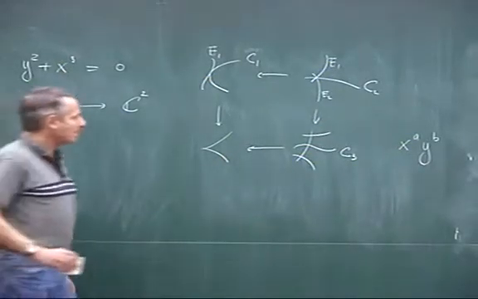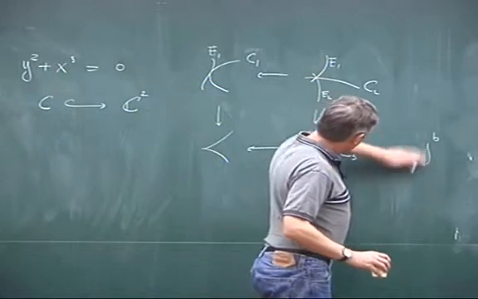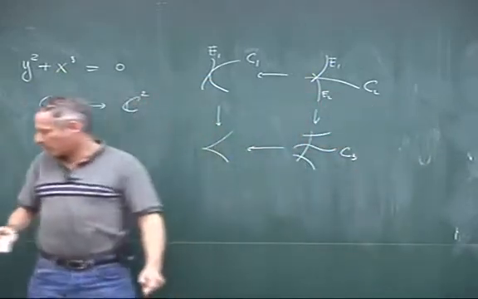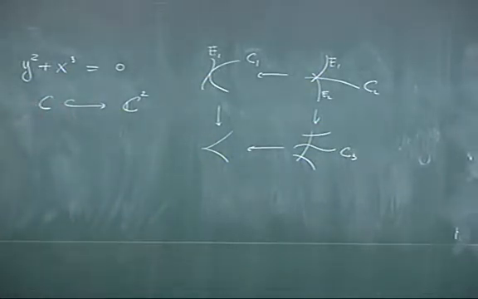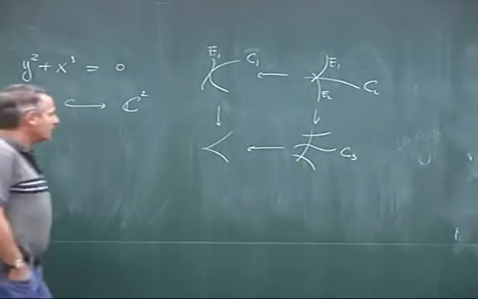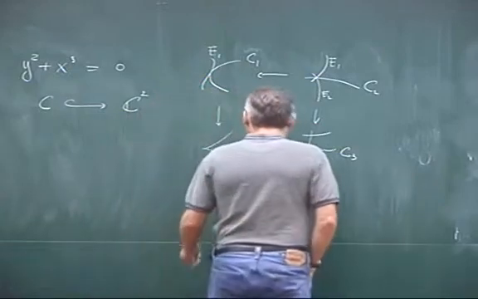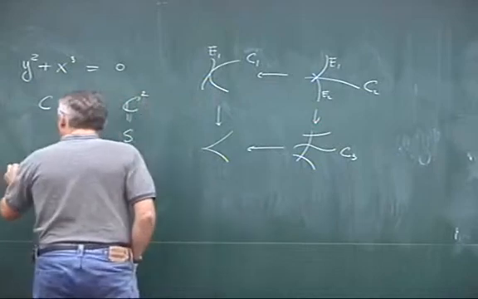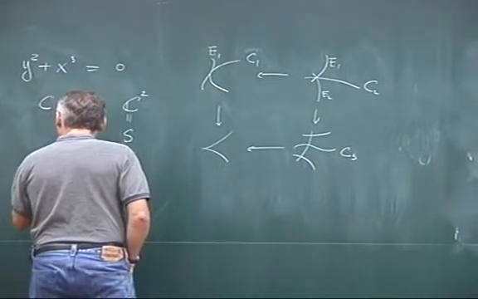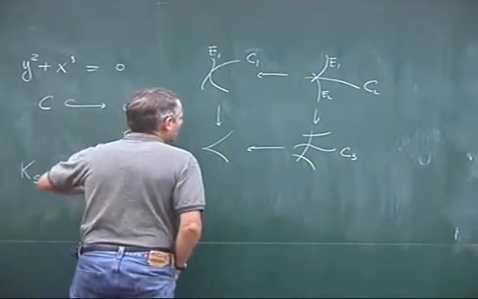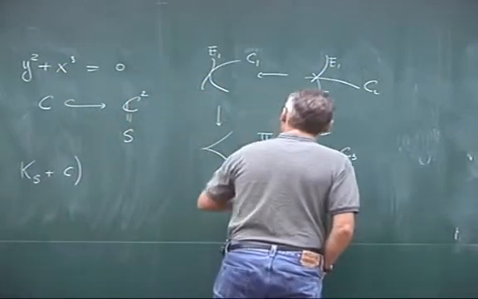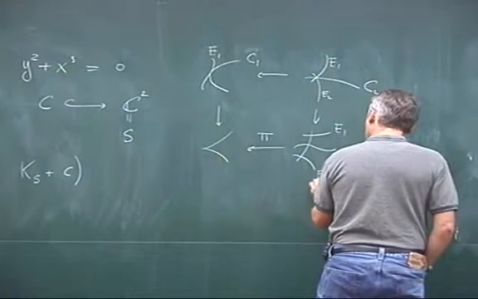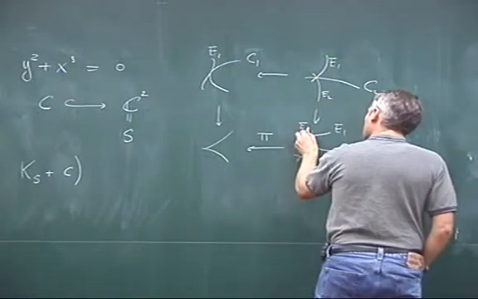So the only thing that's tricky is that when you pass from here to here, you've just got to worry about changing coordinates, which essentially means keeping track of the canonical divisor. So what you've got to look at, let's call this S, is you've got to compare K_S plus C. So let's call this map pi, getting E1, E2, E3,